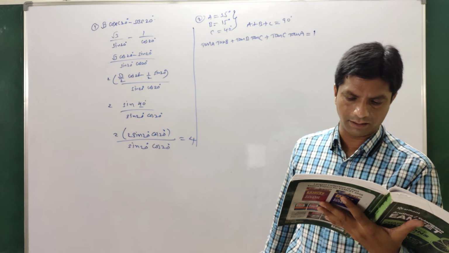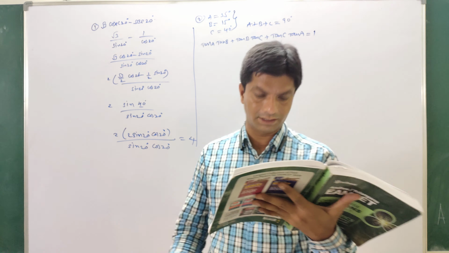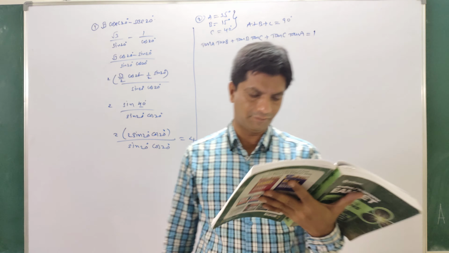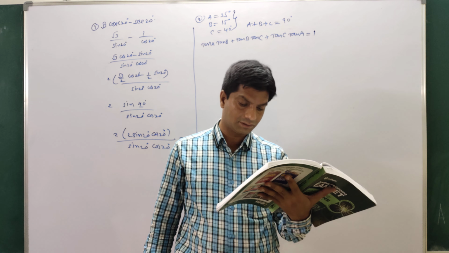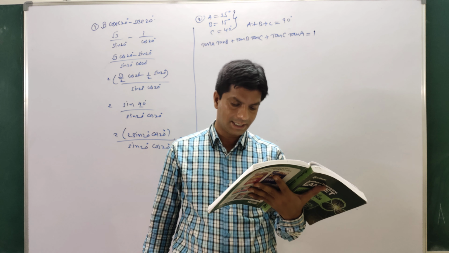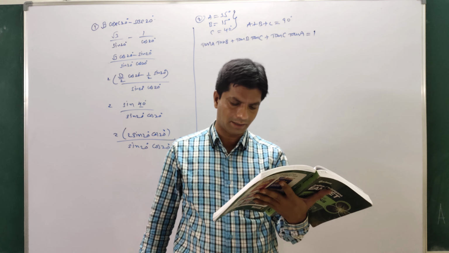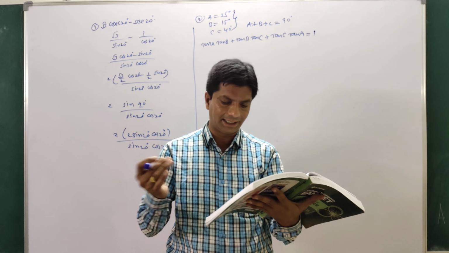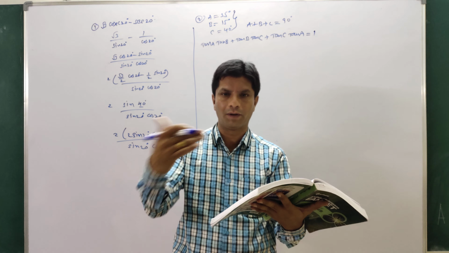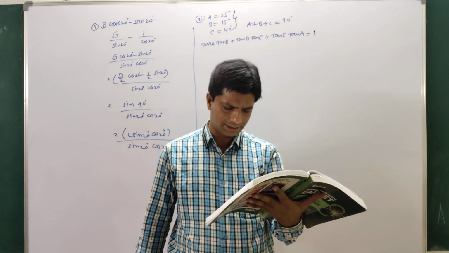Problem number 3 we have already done in IB. You can do that problem. Problem numbers 4 and 5 are also very simple. For the fifth problem, 5 tan theta equals 4. We have to find the value of (5 sin theta minus 3 cos theta) by (sin theta plus 2 cos theta). What is the value of tan theta there? 4 by 5. By a right angle triangle, we can find the values of sin theta and cos theta, or else take cos theta common in the numerator and denominator, and directly you will get the answer. That is problem number 5. You can do that. The 6th also you can do.